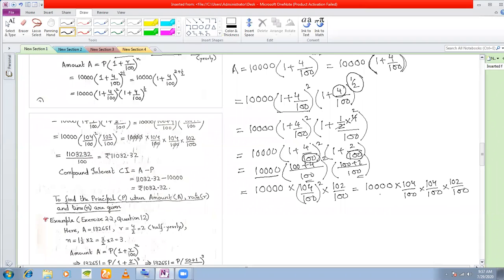So ultimately what you see is that certain zeros definitely cancel. And I've got 100 in the denominator. So this is very convenient for me to work. So when I multiply 104 into 104 into 102, what I get here is divided by 100. So I've got 100, two zeros, the power of 10 in the denominator. So what I can do is I can shift two decimal places. Okay, you can shift two decimal places to get your answer.